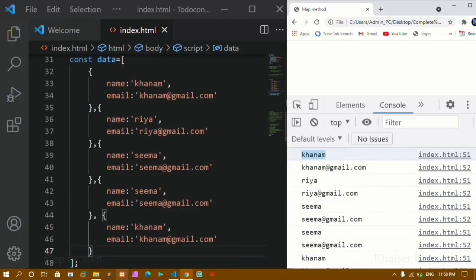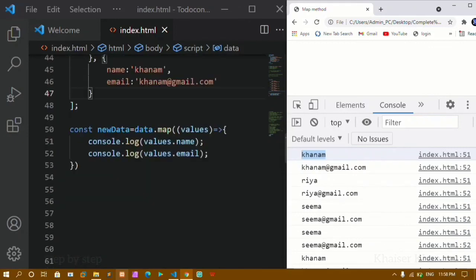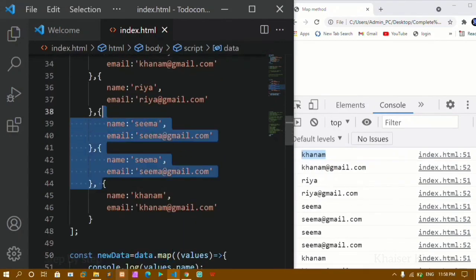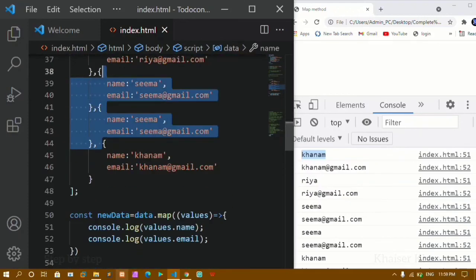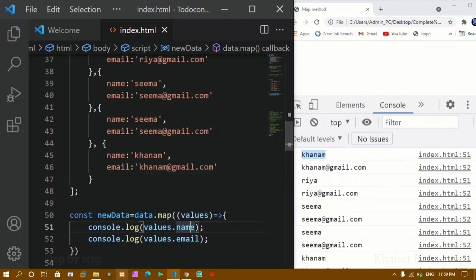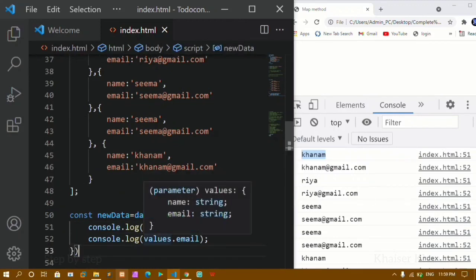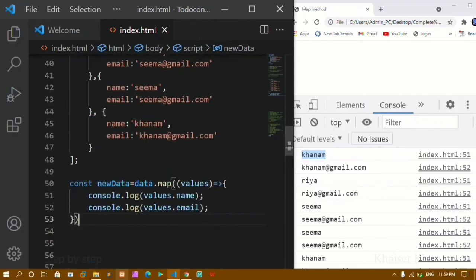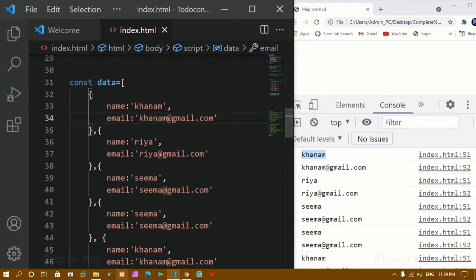We can add as much data as we want inside our API, and we don't have to change our entire code. We just have to write map method and return whatever we want to return. Okay, and that will be executed by itself, and whatever data I am having here will be stored inside this values, and using this values we are just accessing these keys and we will be getting the output. Okay, this is how we are going to use array of objects inside our map method. To access the data of this array of objects, we will be using like this, and we are just displaying like this. If you want to add one more column, you can just add here.